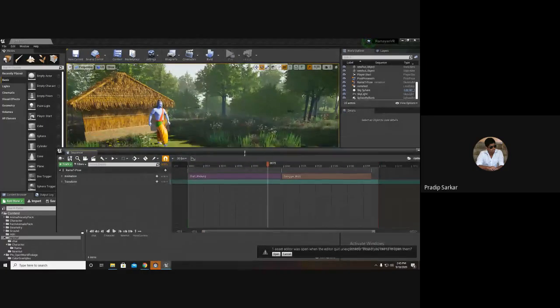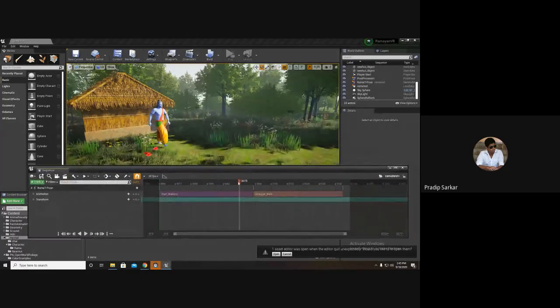So now you can see that my character is only walking or doing any kind of animation in that particular place.